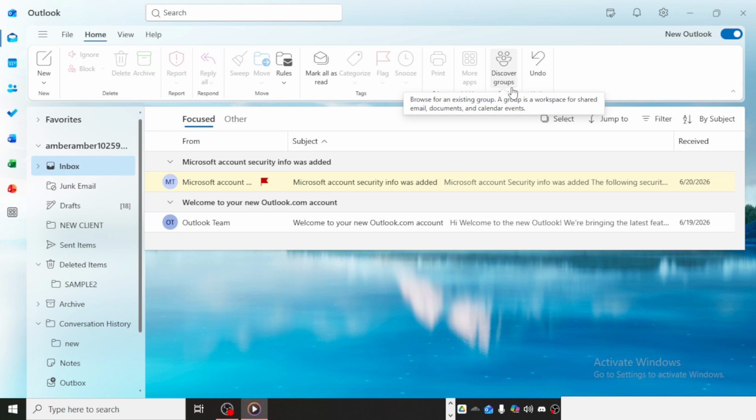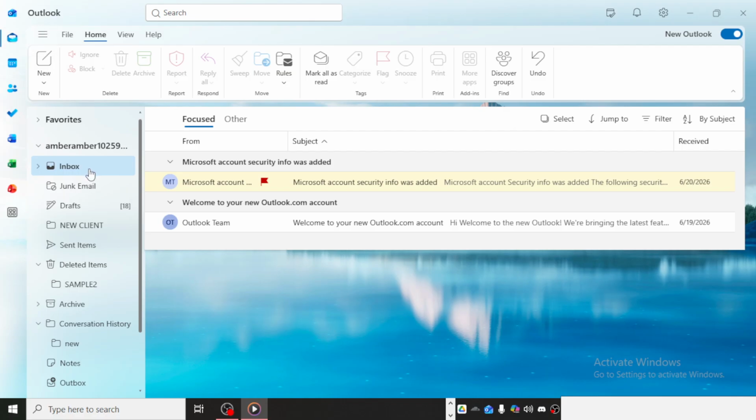To begin, open Outlook on your computer. Once Outlook is fully loaded, look for the Mail section and click on it if you are not already there. This makes sure you are viewing your email area rather than another part of Outlook like Calendar or Contacts. Next, click on Inbox. This is the folder where your incoming emails are displayed, and it's the best place to refresh when you want to check for the newest messages.